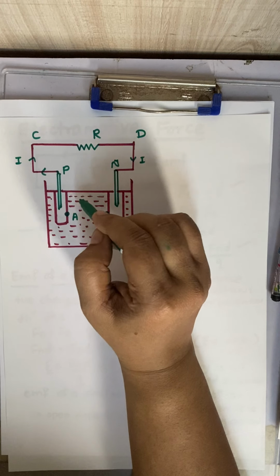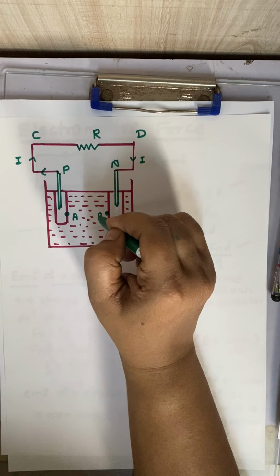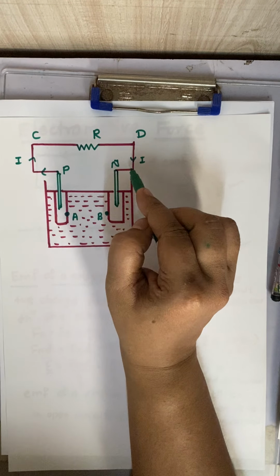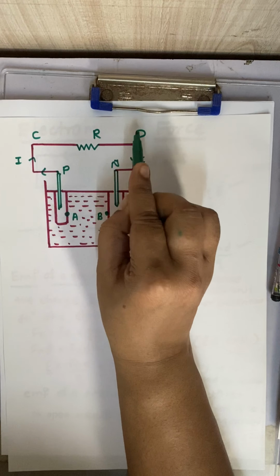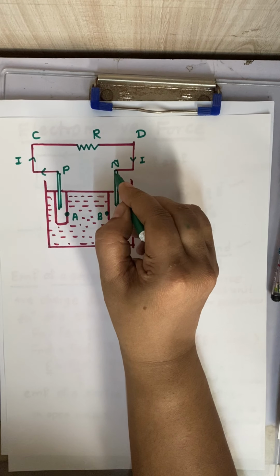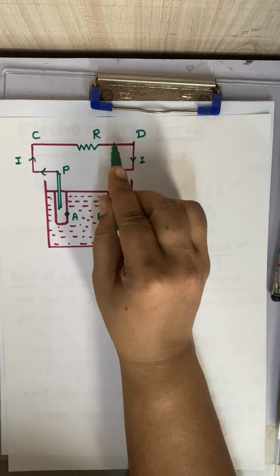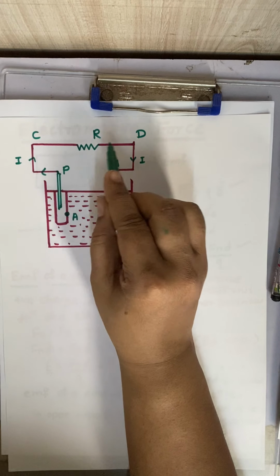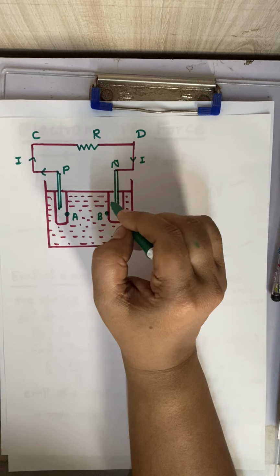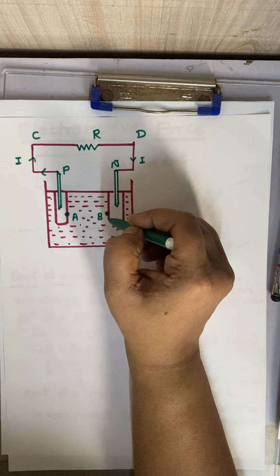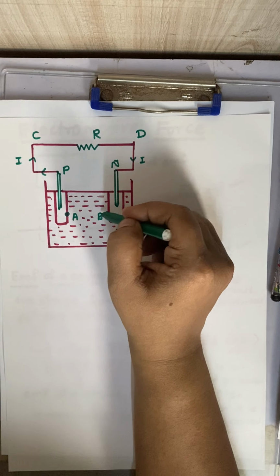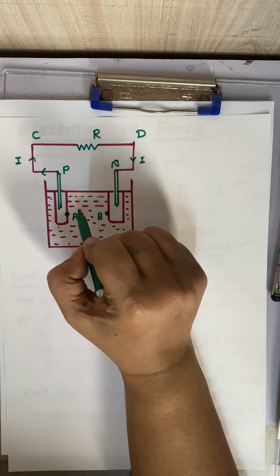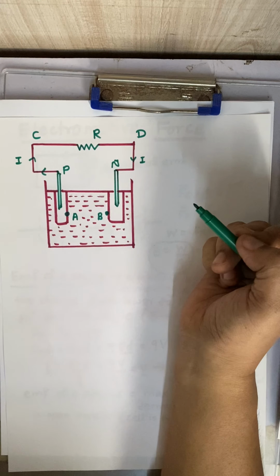As the circuit has to complete, the current has to flow. That means conventionally the positive charge is moving from P, C, R, D, N. This is called the external circuit. But we want continuous positive charge flow throughout this closed circuit. To flow that current, the positive charge has to move inside the electrolyte from B to A, isn't it? That's the concept here, that these two electrodes exchange charges with the electrolyte.